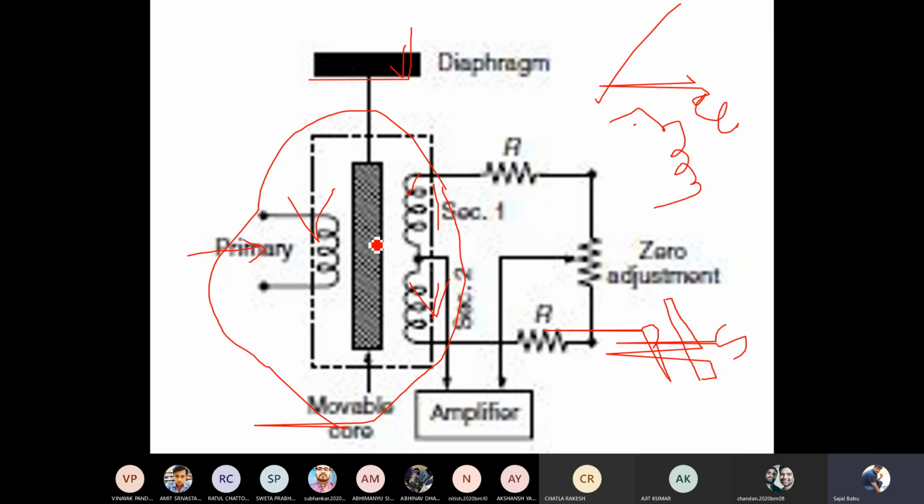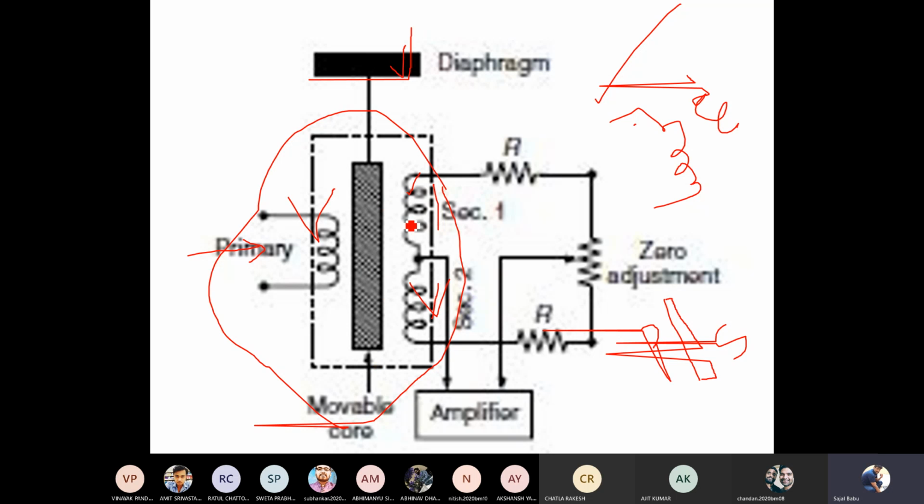whenever this core moves downwards because of the movement in this diaphragm, this core will be aligned more with this coil, and it will be aligned less with this coil, right? So the EMF induced here will be less and the EMF induced here will be more. Whenever you take the difference, you are not going to get zero, you are going to get some value, right? Because the EMF induced in both the coils is not equal, because the core has been moved downwards. So as the core moved